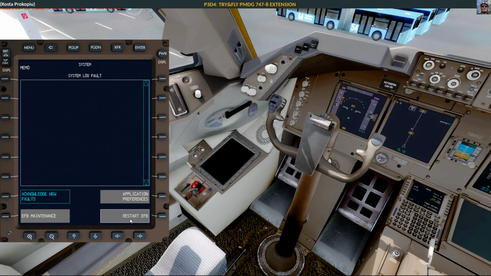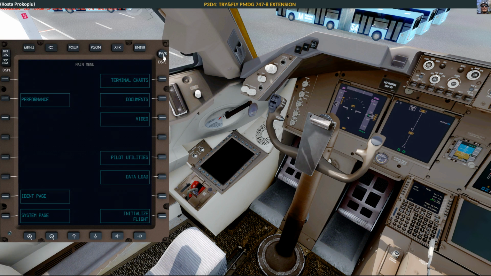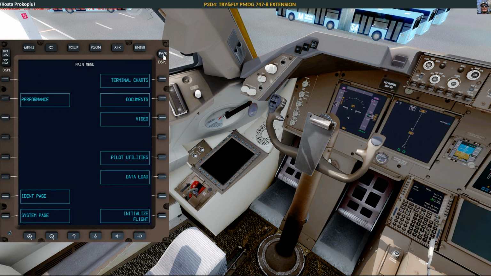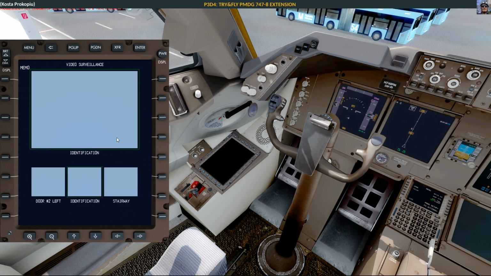And then you can restart the EFB. And there it will be, and it kind of comes like in the real world. It kind of boots up, and then after some time all the menu items get active. Now look at that. Pilot utilities. Video is,